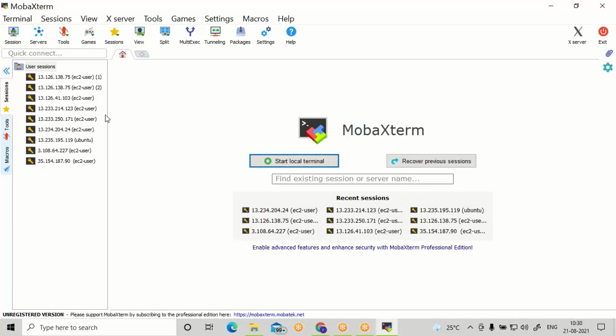You will find the left side blank. In my system, you are seeing a lot of sessions on the left side. In your system, you will not see any sessions, because it is the first time you are using it.